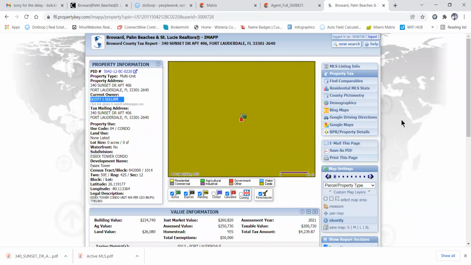Come on, where you at? It actually did generate it, and it saved it right there. So I can go back to Matrix